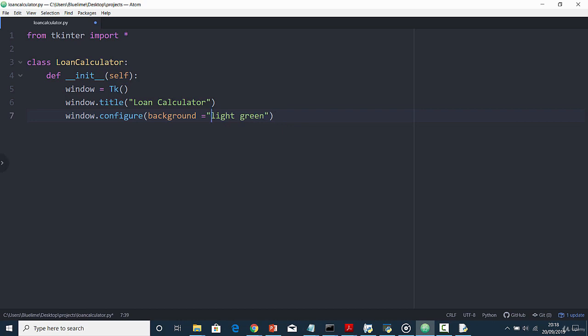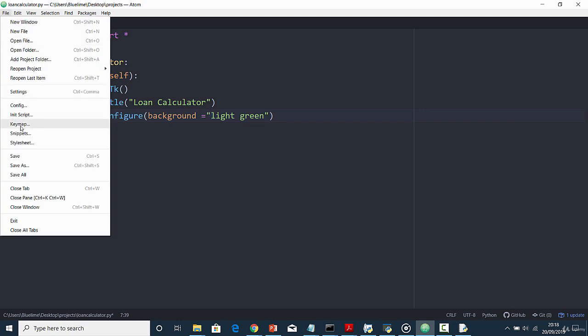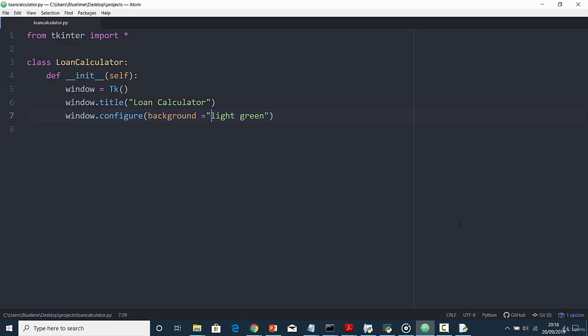So once you've done that, just do a file and save your file, and we will